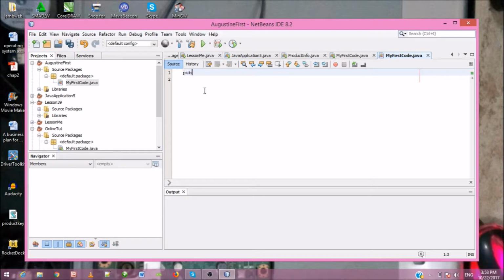So I'm going to start writing the code. I'm going to quickly say public class my first code. And what this my first code is going to do is that it's going to output the sentence, hello, this is my first Java code. So I want to develop a software that outputs, hello, this is my first Java code. So to do that, I'm going to create a class for it, and this is the class, public class my first code. I'm going to come down, press the enter key and open a curly bracket, press the enter key again and type